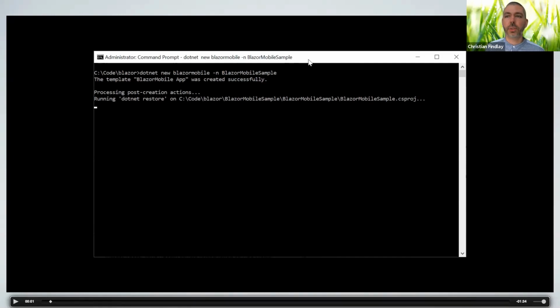Electron allows you to bundle any kind of web application with a web view and run it as a native app. So you could install it as a native app.